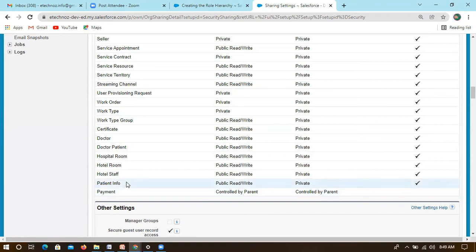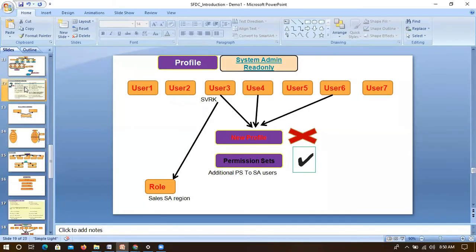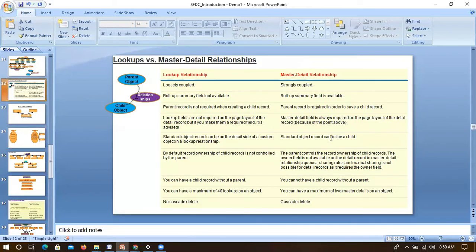We have already discussed master-detail, and one pointer was that it controls record-level access too. The parent controls the record ownership of child records.